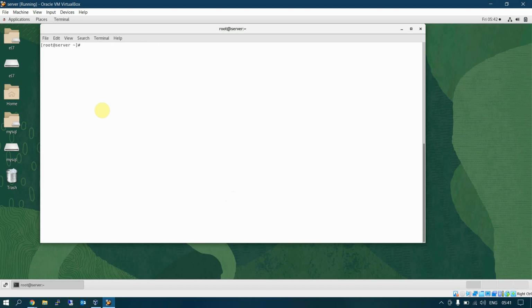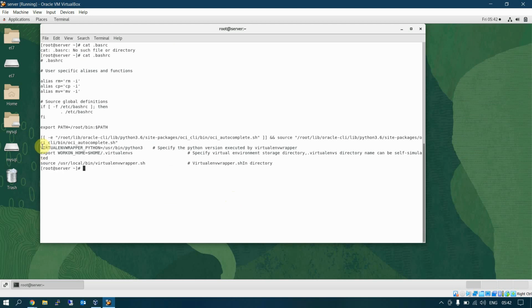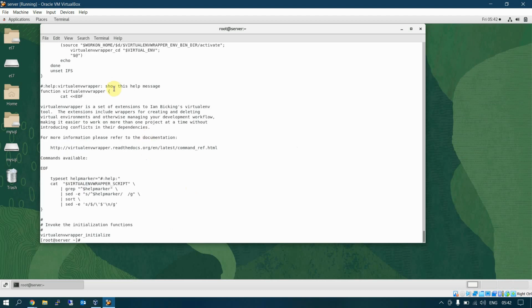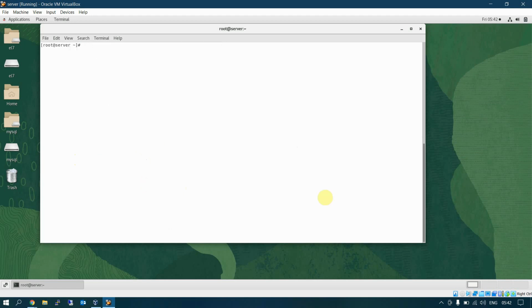And what I have put into this, let's check that also. cat .bashrc. These are the environment variables I placed in this file: the virtualenvwrapper, WORKON_HOME directory, source, and this is the script. Let's see what this script actually is. This script is executed. Let's see that. cat. This is the virtualenvwrapper script. This might be a shell script. Yeah, this is setting up the environment only. So that's how you set it up.